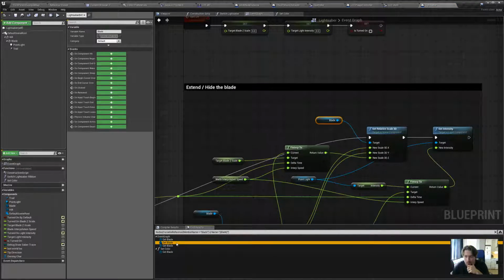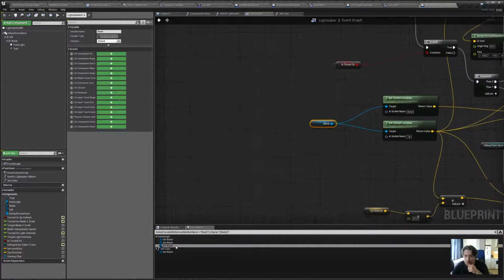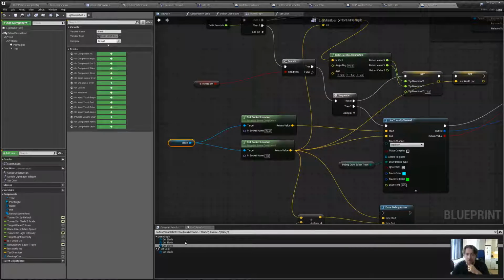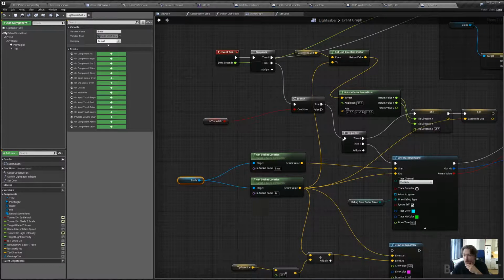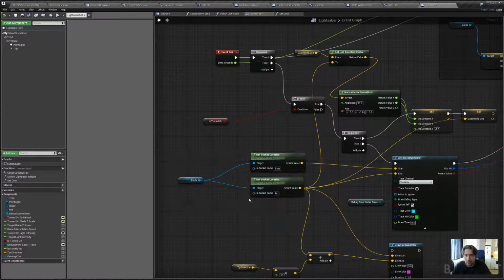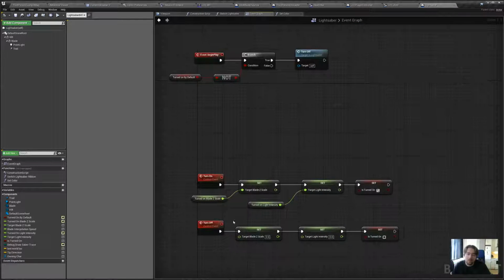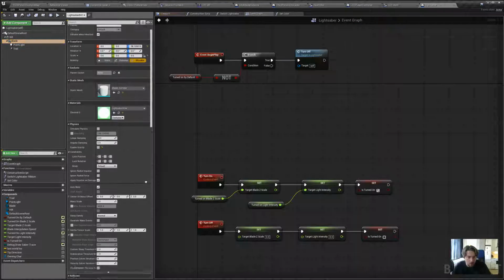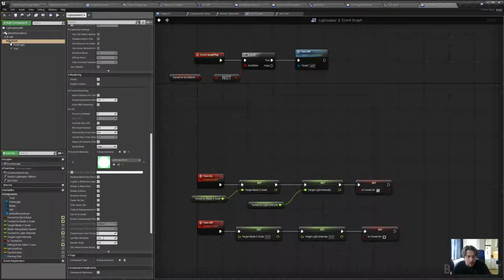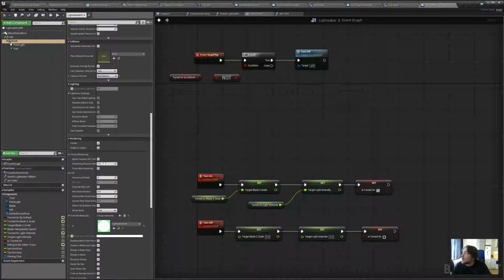That's not it. That's not it. Oh yeah, we're just tracing the hit locations. Tracing the blade socket locations. Okay, so it's gonna put additional load on us, but it's fine. Begin overlap, end overlap. Yeah, it makes sense that you should be damaged all the time. You know, if the blade is in you, you should be damaged, every frame when the blade is in you. But for now,